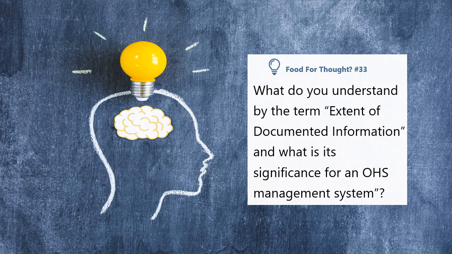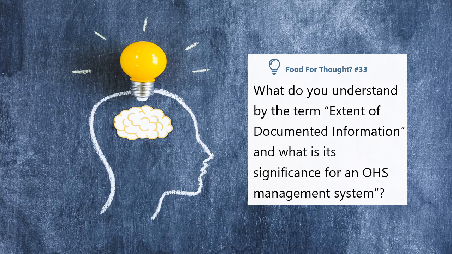What do you understand by the term extent of documented information? And what is its significance for an OHS management system? Pause this slide and think of the answer before I explain. The extent of documented information refers to the amount and type of documentation required by an organization